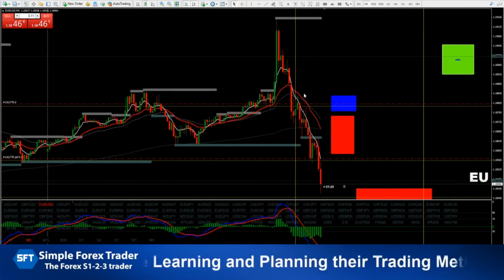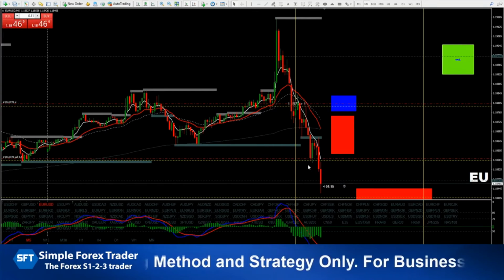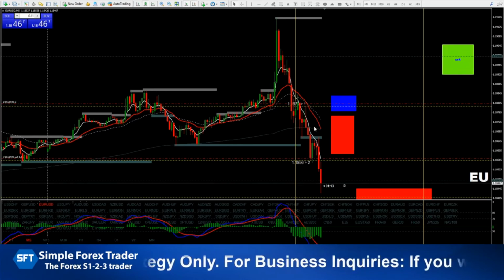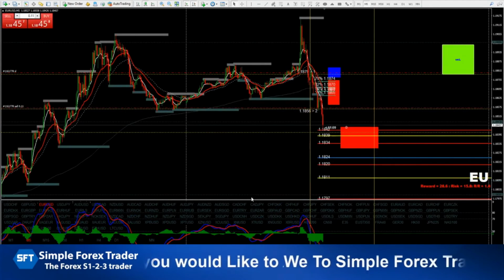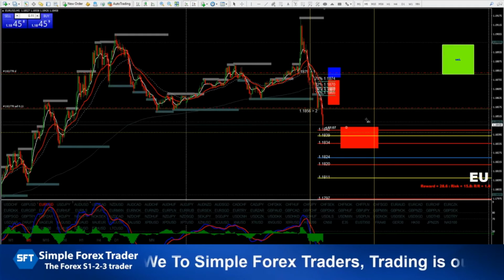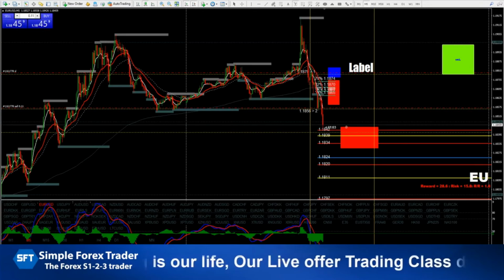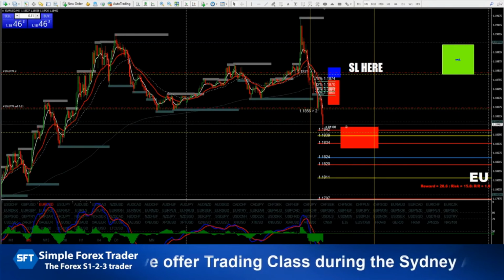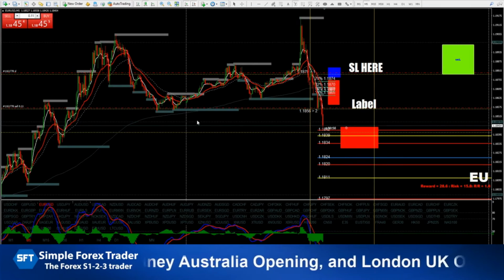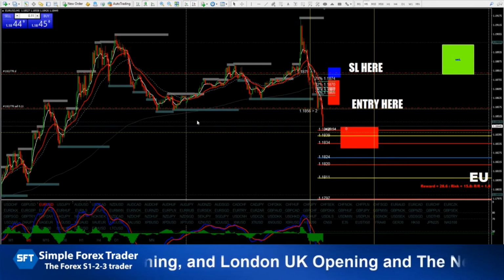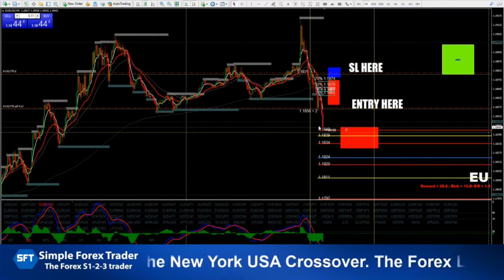So 1, 2, and 3. There we go. So in that case, I'll put a stop loss here, and entry is here. Alright guys, so if you feel that you need to close the trade because it hit the first